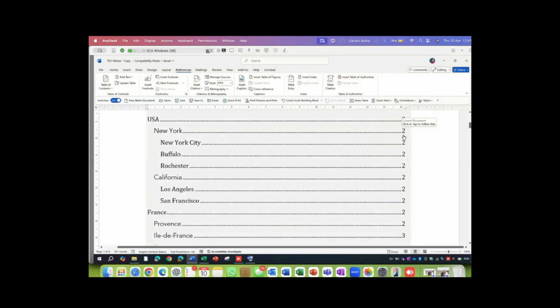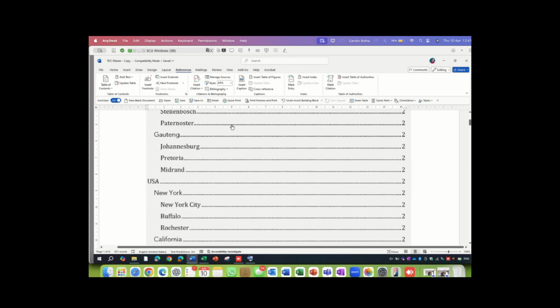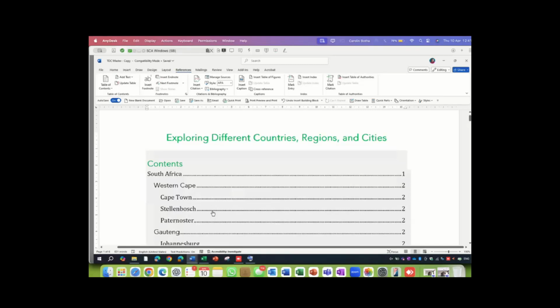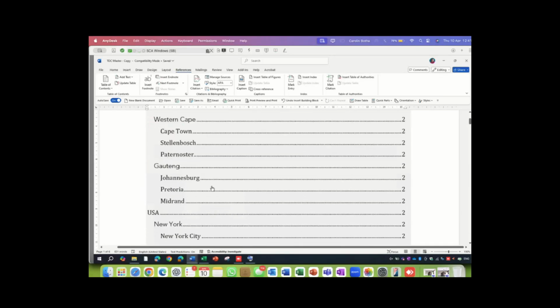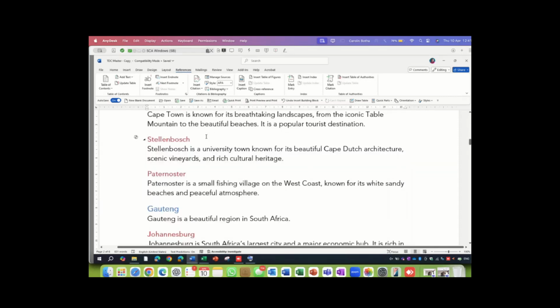with the page number attached to that. When someone opens this document, or you open the document and you click in the table of contents, look at that first page, and you click on, let's say, Stellenbosch, yep, my town, it jumps immediately to Stellenbosch within that document. How intelligent is that?